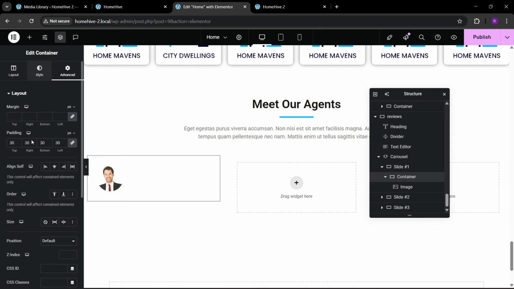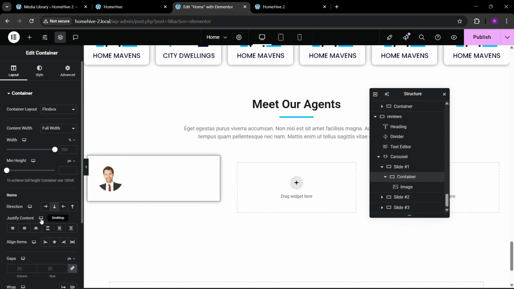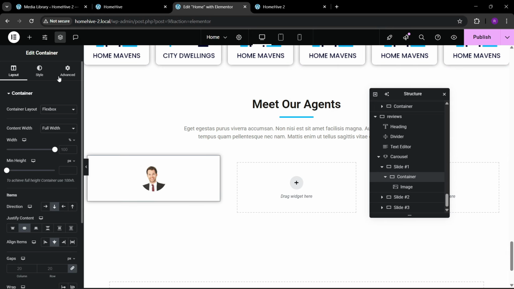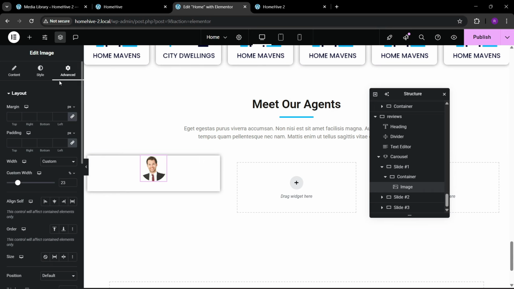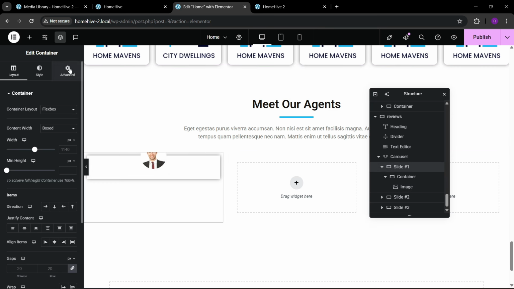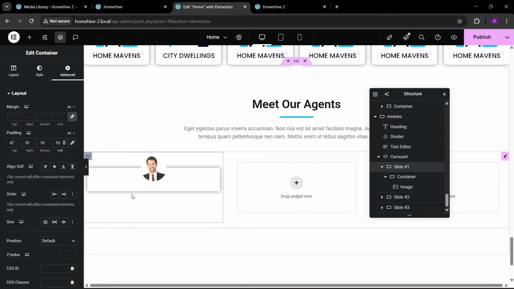Then in this this is the slide border box shadow. Okay, and here we can make everything in the center. So you can see we have this container advanced and remove the top one. Okay, now let's go to this, and here we can remake this at the top like that. But this is not visible because we have to add this slide one, and we can add some padding here so it will be visible at the top like this. So we can add 47, and here we can add 10, 10 and 10 to show these borders. Okay, so this is done,